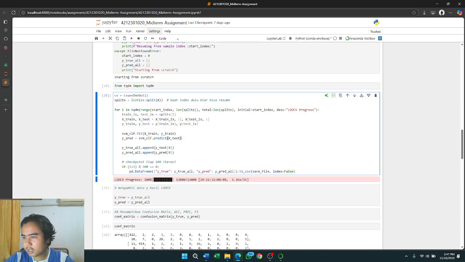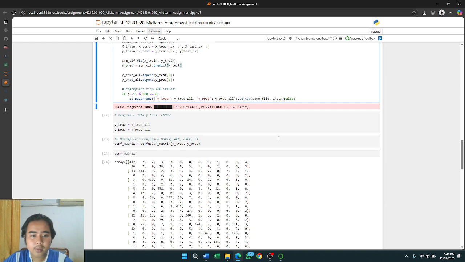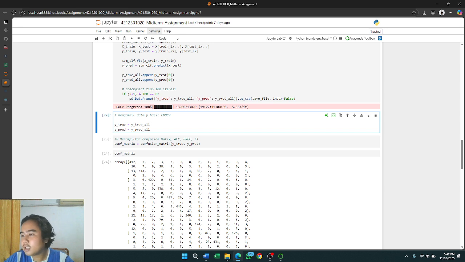Next, in this cell the program snippet, the image above shows the LOOCV process to test the performance of the RBF kernel SVM model as a whole against the HOG extraction dataset. Next, the program above simplifies the final result of the LOOCV testing process into two main variables.